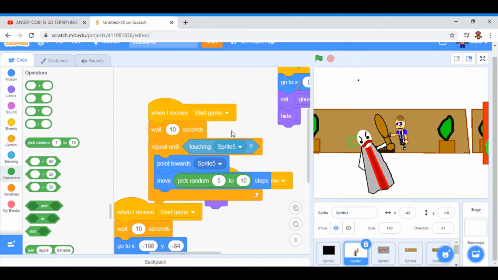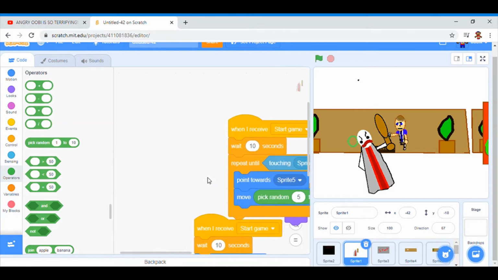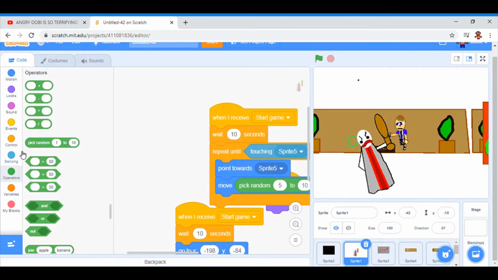You'll point towards our little man, Steve. Let's name our guy Steve. She's going to point towards us and move random 5 to 10 steps. So you need to copy that code down, but